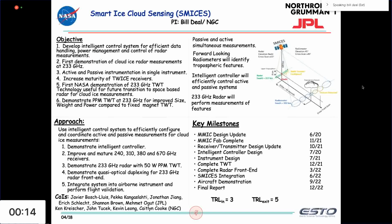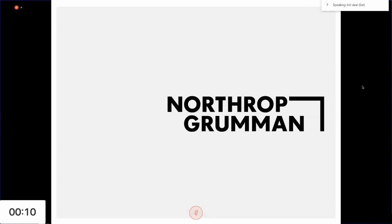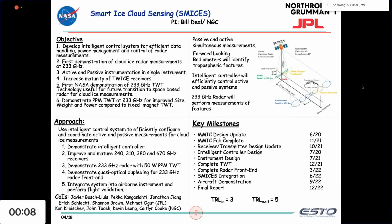And this brings me to SMICEs with 16 seconds left to go. We started this project about 4 months ago. There's a few key tasks. The first of those is we're building the radar using technology we have at NGAS for the TWT. The radiometers are being built by JPL, and in the third year we're going to put the whole thing on an aircraft, and inside the IIP we'll do a